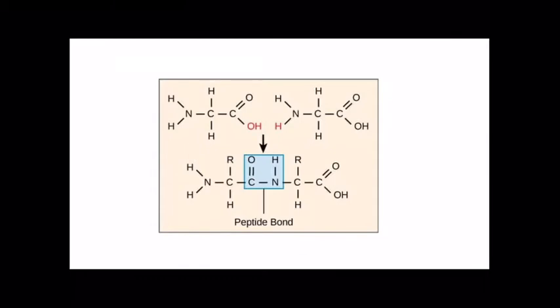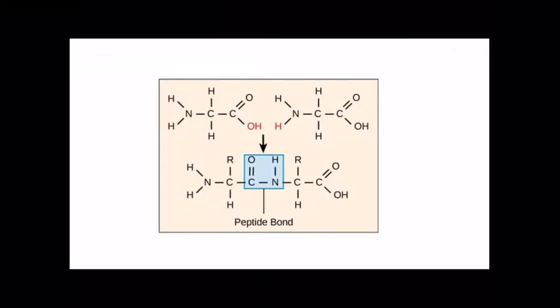So the one on the left, we see the central carbon, we see the amino group on the left, we see the carboxyl group on the right. And then exact same thing for the top right amino acid. We see the central carbon, we see the amino group on the left and the carboxyl group on the right. So if you see the red OH on the left-hand amino acid and the red H on the right-hand amino acid, those 2 hydrogens and that oxygen are going to come together to form a water molecule. So that's the water molecule that will form in this dehydration synthesis reaction that occurs.